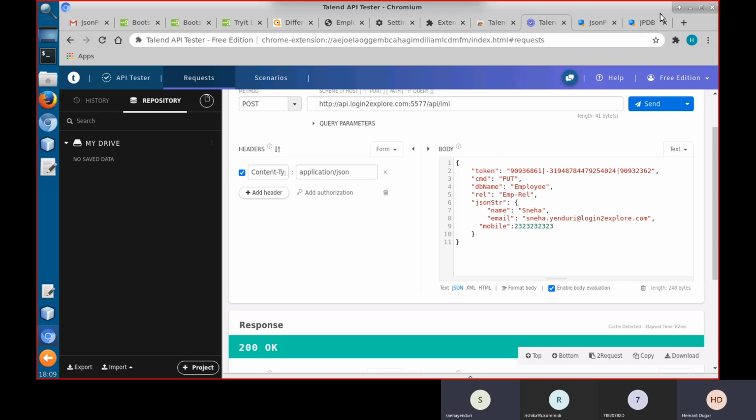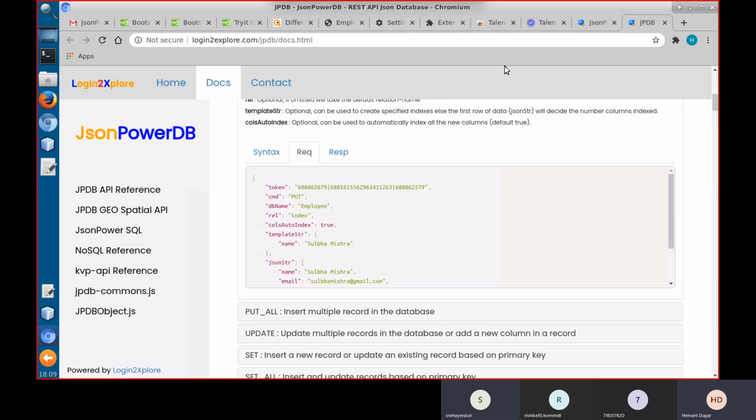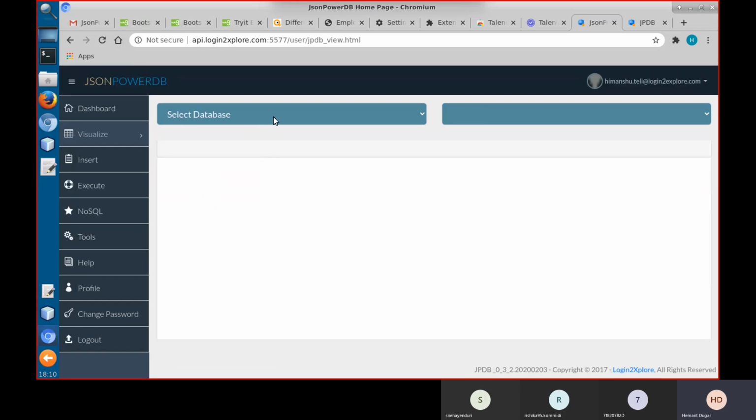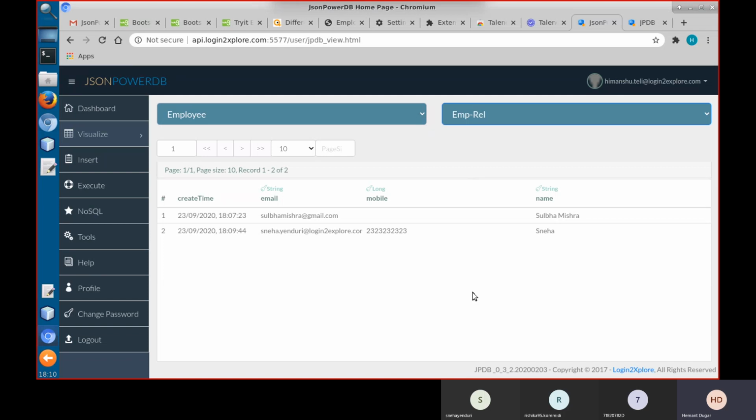Okay. And now go to visualize here and refresh the page. Select employee, employee relation, and now see a new column mobile with long data type. Name is string, email is string, and it automatically gets created.